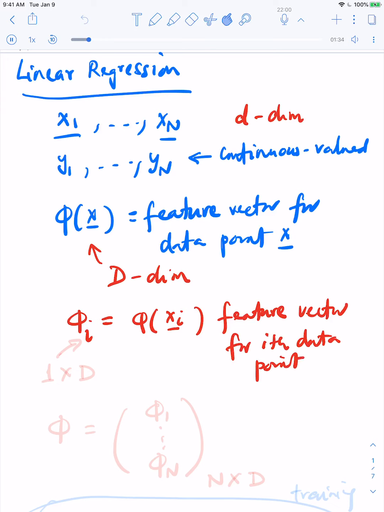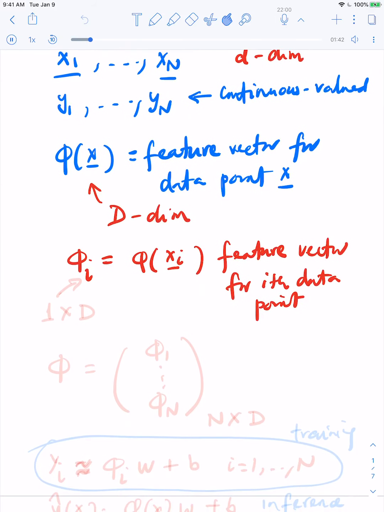And I know that when we first talked about logistic regression, we were thinking of these x's and phis as column vectors, but it is more conventional in much of the statistical literature to think of these as row vectors. So I'm going to think of this as a row vector, so it's a 1 cross D vector, and basically I'm going to define the